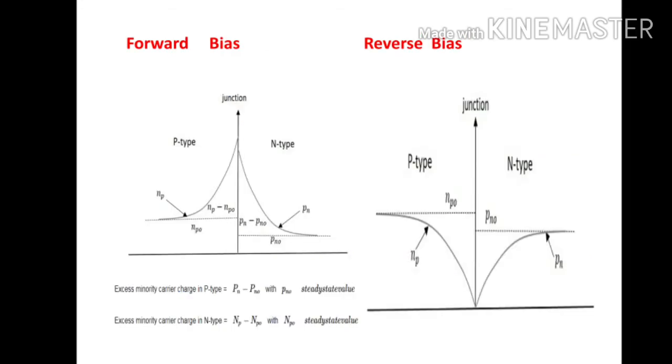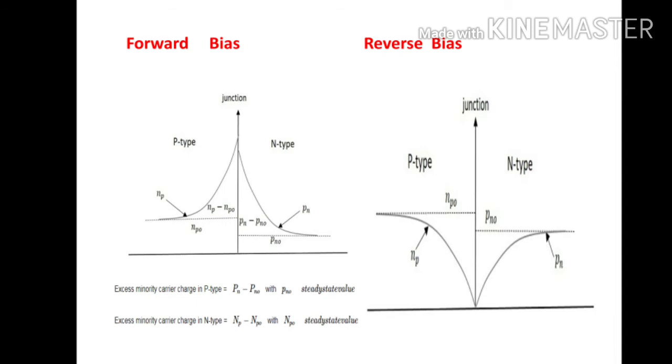Once the diode is in forward bias, we know that P type and N type are attached together. So on one side it will be P type, the other side N type. Near the junction we see that in P type we have more holes. The dominating ones will be holes, where it is increased. The slope of the curve increases exponentially. That indicates holes are more. NP is the notation given. Now what about the electrons? Electrons will be very few there. So we see the value NP naught.